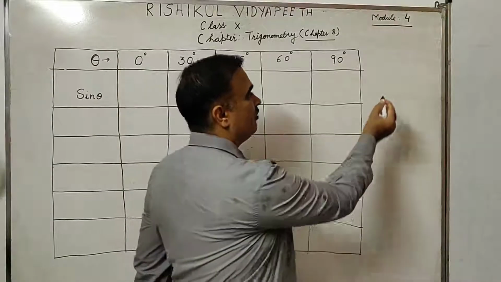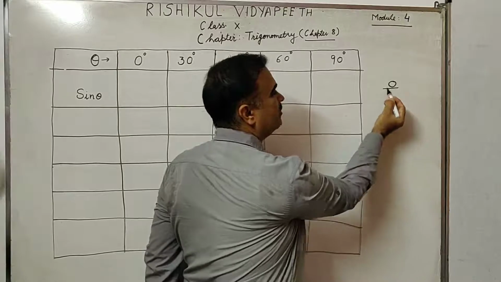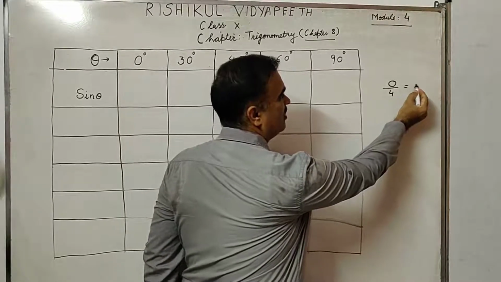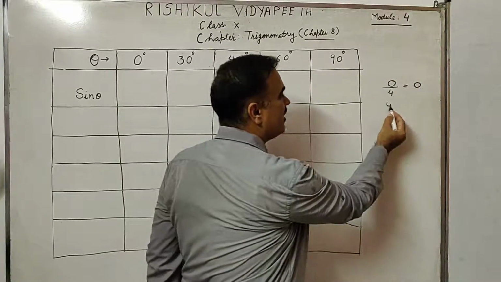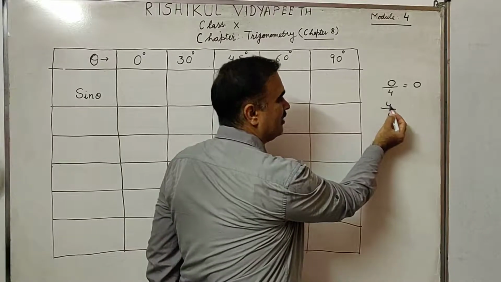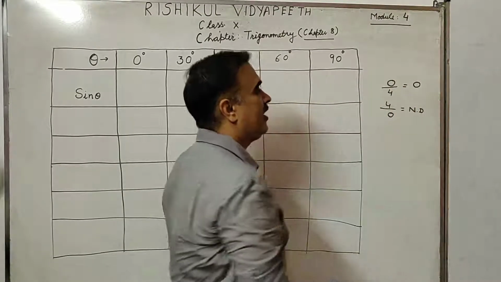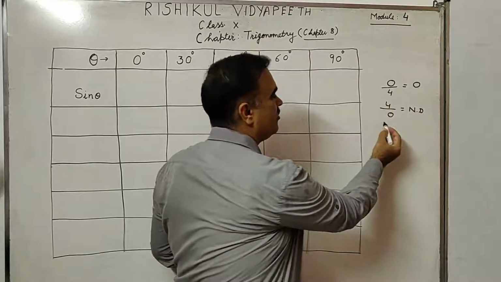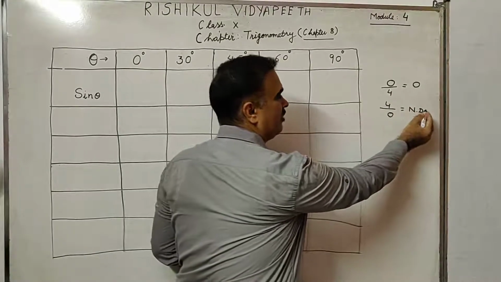First basic you should know, if there is 0 and 0 is divided by any number, for example if we divide by 4, then what will the result be? 0. But if 4 is divided by 0, it means any number is divided by 0, then it is not defined. We cannot find the value when we divide 5 by 0, 6 by 0, anything divided by 0, it is not defined.